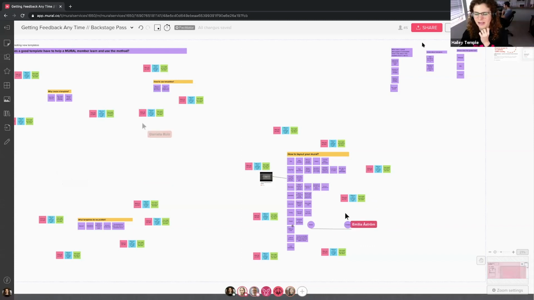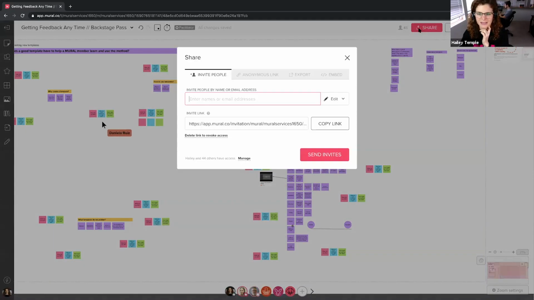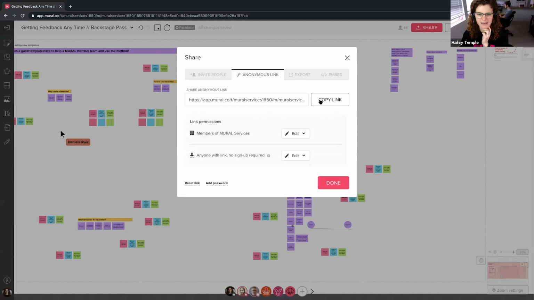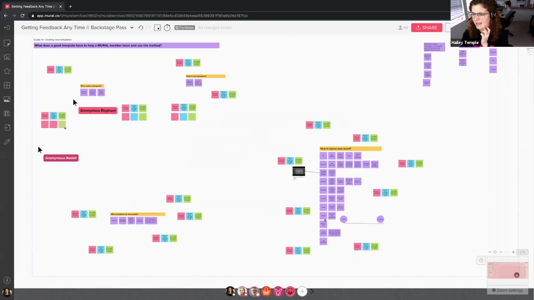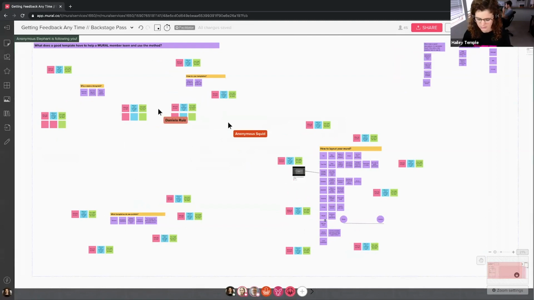Lila asked, how am I going to invite you in? So yeah, thank you for keeping us honest. How are we going to do this? So I use the click to share button. I'm using the anonymous link because that way people don't have to worry about signing in. And then I'm using the Zoom chat to invite people in. So they're getting private invitations, rather than usually we just give the link to everybody and it gets a little bit crazy. But today I wanted to say, all right, I just want to give certain people who are comfortable and confident and want to practice the space a chance to do it.